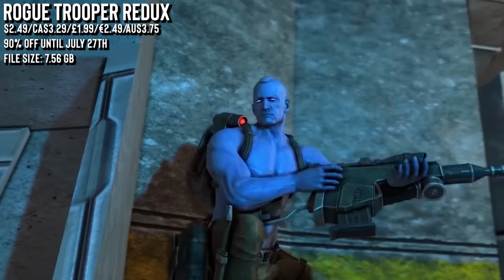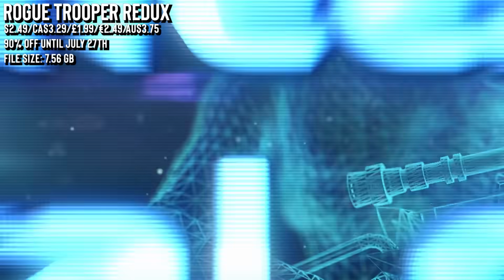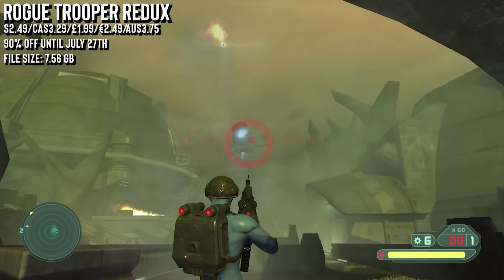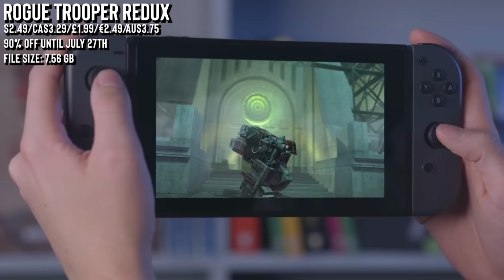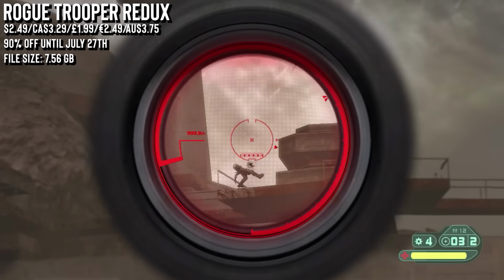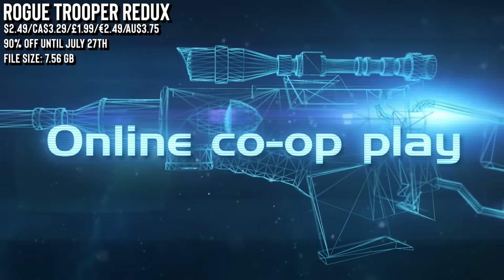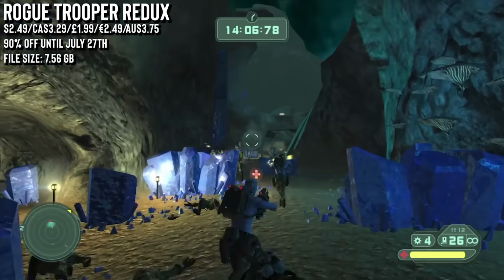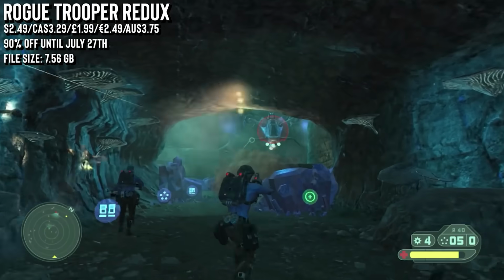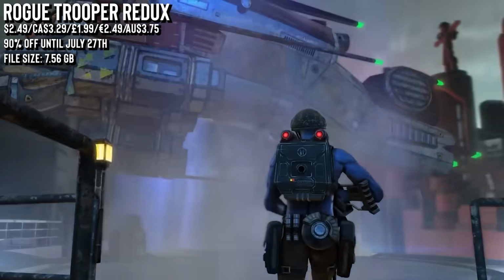The Redux treatment here brings in HD visuals, sharper lighting, and a reworked control scheme that makes this forgotten 2000s release feel surprisingly solid on Switch. Now, it's not flashy by modern standards, but the campaign is still fun to chew through, and the added online co-op gives it a dash more life. So yeah, this is the kind of scrappy AA shooter that doesn't pretend to be anything more,